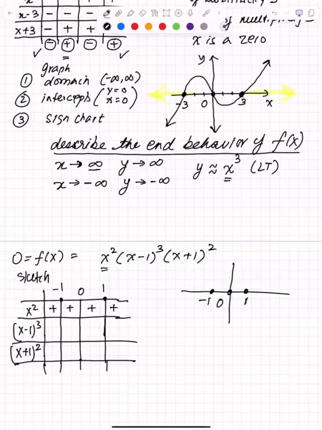So when x is bigger than 1, say 2, 2 minus 1 is positive, and a positive cubed is positive. If x is less than 1, for example 0, 0 minus 1 is negative, and negative cubed is negative. We are all negative here. And (x plus 1) squared is always positive. So here we have one negative,